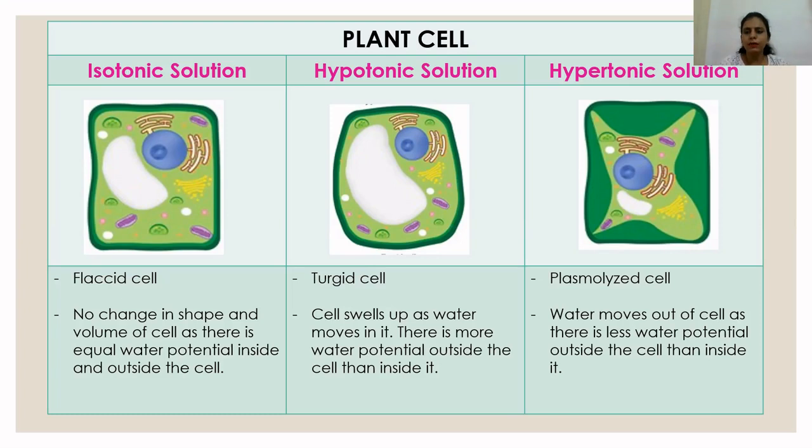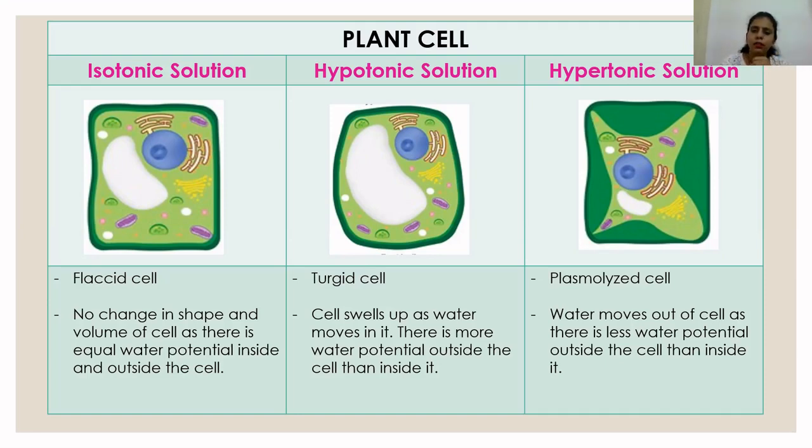Remember this very important point. Whenever a plant cell is placed in a hypertonic solution, the plant cell loses water and the cell membrane gets separated from the cell wall, and the cell cytoplasm shrinks. This is the second case. In this type of cell, you can easily make out the separation of the cell membrane from the cell wall and that the cytoplasm is shrunk. This type of cell is known as a plasmolysed cell.